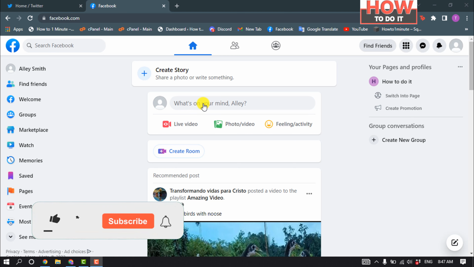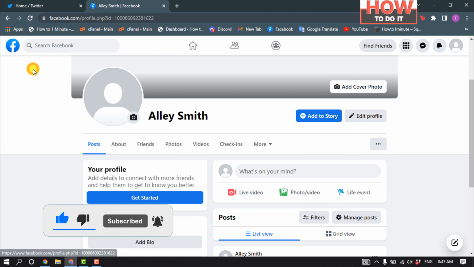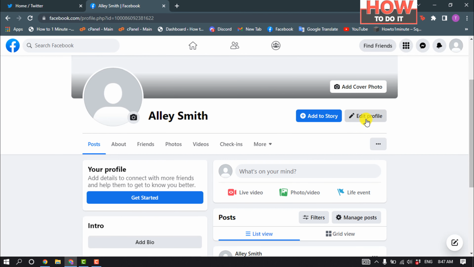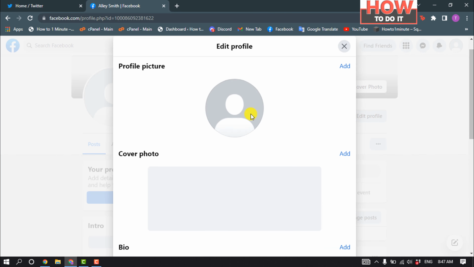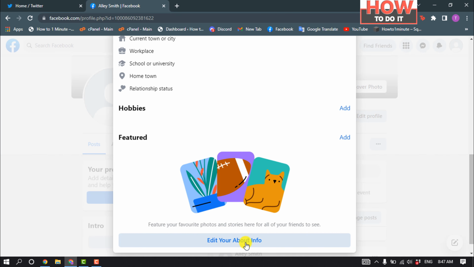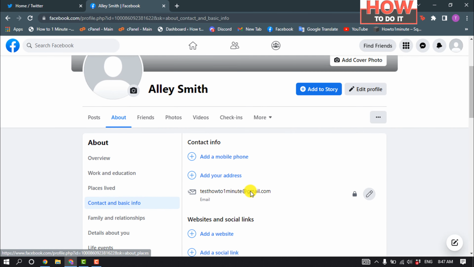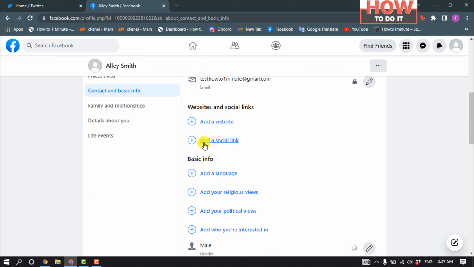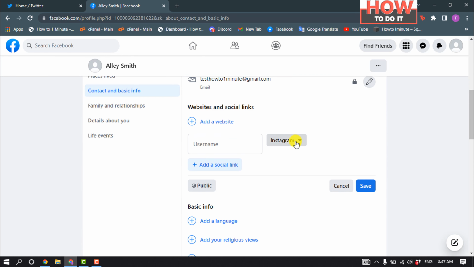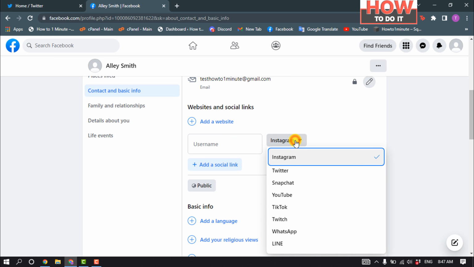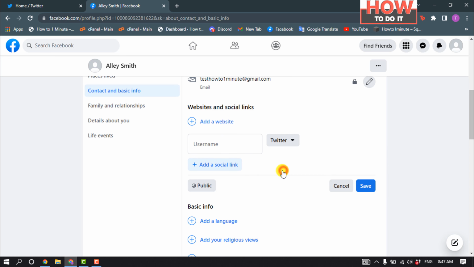So first of all, open your Facebook account and make sure to log in, and now click on your profile. Click on edit profile, scroll down and click on edit your about info. Click on contact and basic info, and here you'll find add a social link option, so click on that and click on Instagram and select Twitter,